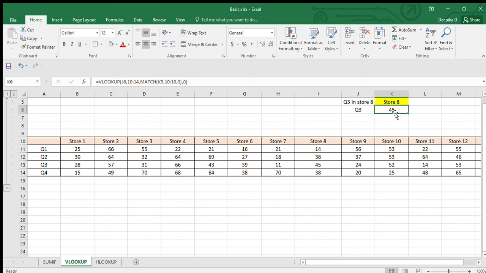The benefit of using this formula is that whenever you want to see any other store, you can just play around with it. You can play around with quarters, you can play around with stores, and it'll make things pretty easy for you. I hope this has helped you,